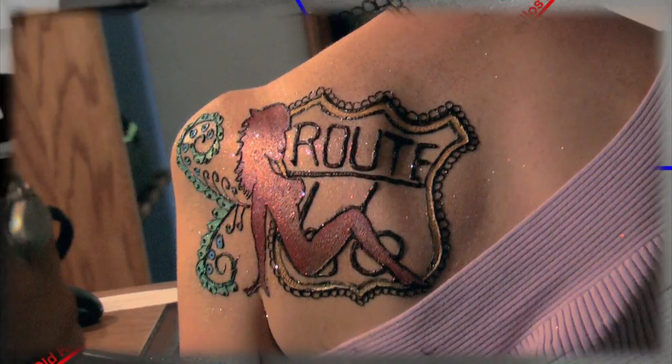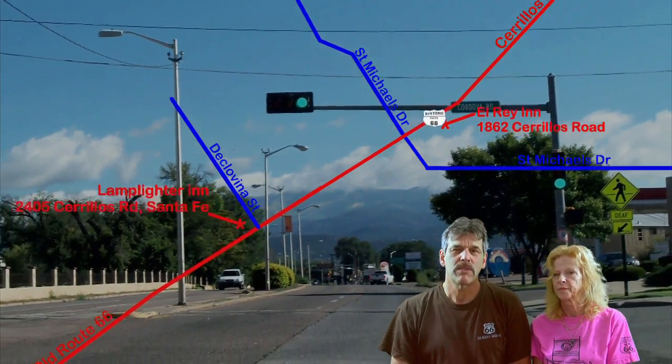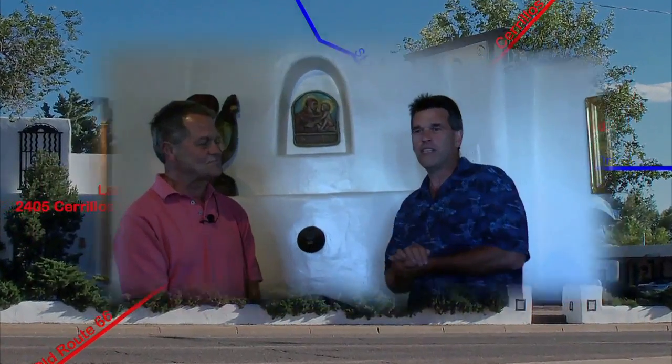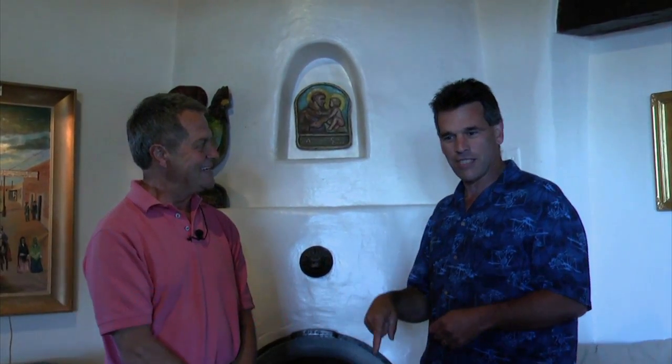I just want to say thank you very much for describing the craft of henna. I had fun with Lisa Lopez, and Vincent loved watching her work. Yeah, but we had to leave to go and have a conversation with the owner of the iconic El Rey Inn. Okay, we're in the El Rey Inn with Tarrell here in Santa Fe, and what this inn is noted